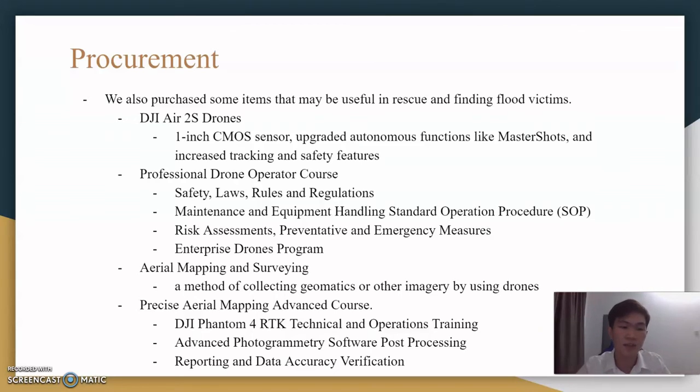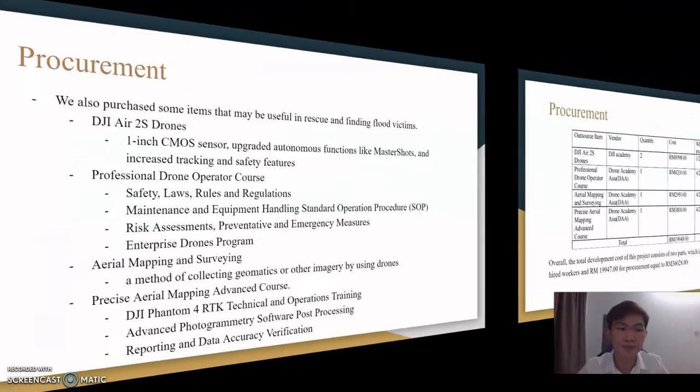And the last item is the precise area mapping advanced course, which covers DJI Phantom 4 RTK technical and operations training, advanced photogrammetry software post-processing, and lastly map reporting and data accuracy verification.